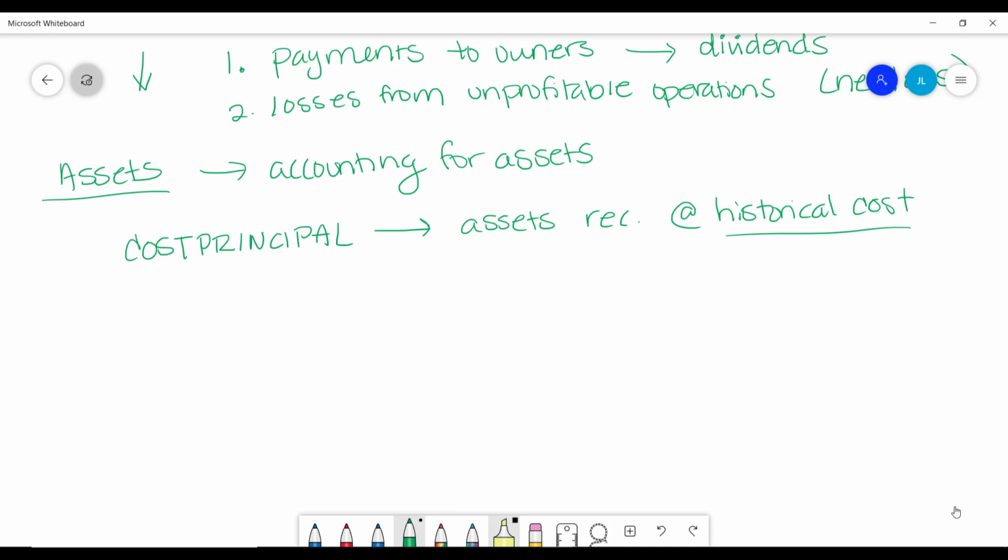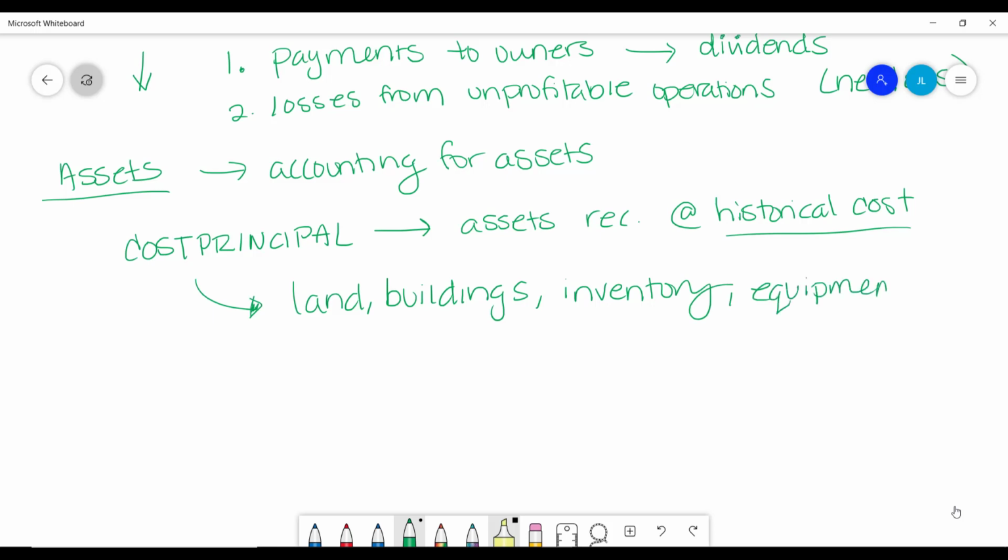Okay, some examples of assets that are recorded based on their historical cost would be things like land, buildings that I mentioned, and inventory. Okay, and also equipment is an account that we'll see a lot in our class. So those items are examples of assets that will always be recorded at their historical cost. What did we initially pay for them? That's how they will be reported on the balance sheet. Okay, but this is not always going to apply, which you'll see when we move on to later chapters.